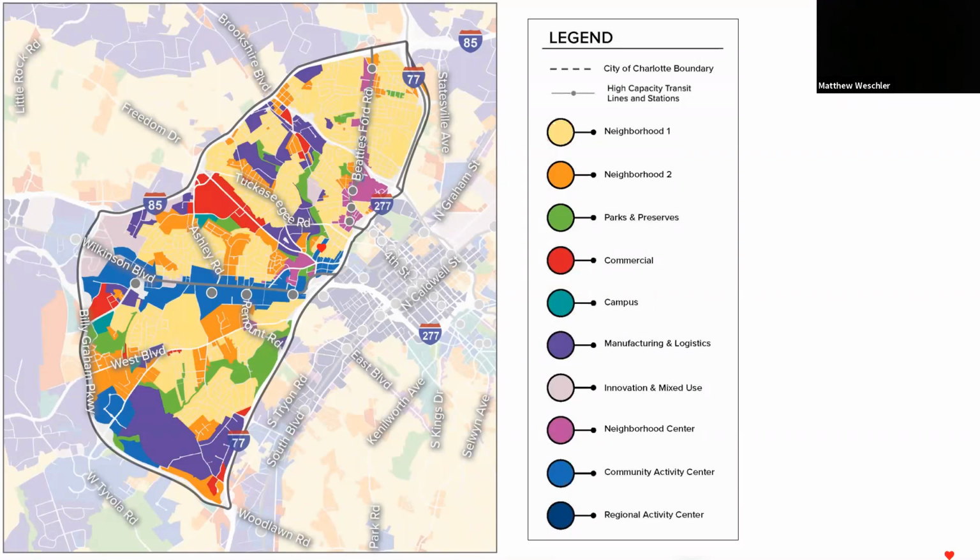So I'm just curious, does that mean there'll be a period of time where the old ordinance still applies to part of the city that hasn't been rezoned yet, and the new ordinance only applies to the parts of the city that are rezoned? So I think there will be, and I have my other colleagues on the phone from the UDO team, but I do think there will be a 3-month period